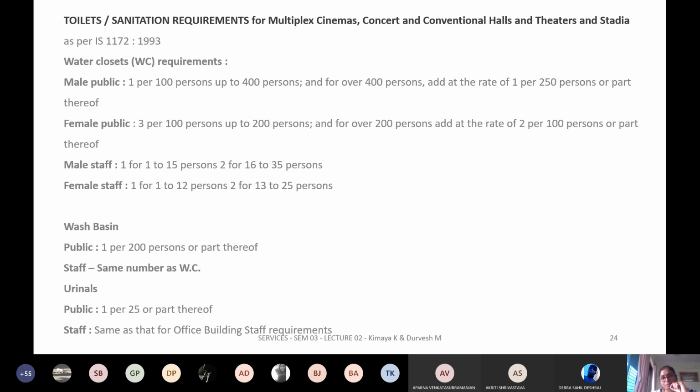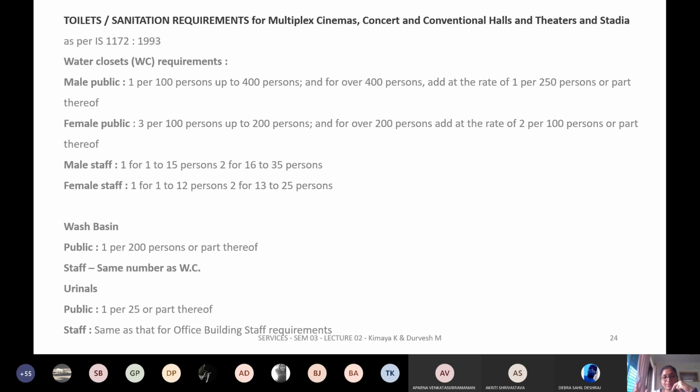And there will be floating population, which is people who are coming and going, who will only come visit for an hour or half an hour and move out. And within that time period, they require to access it. Then you should have designed for the sufficient population. So that's the standard.